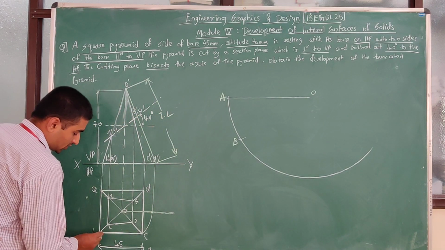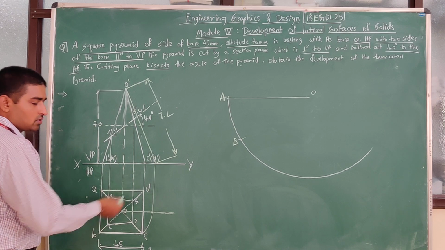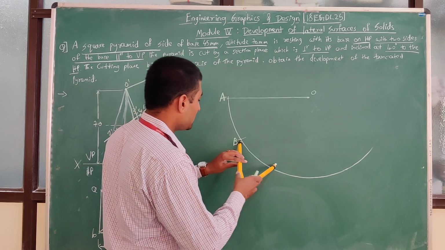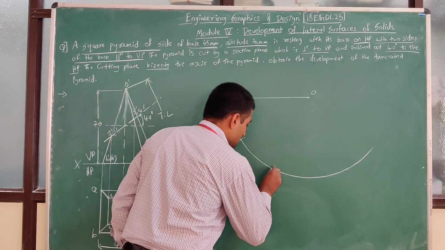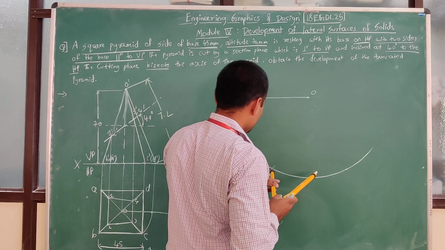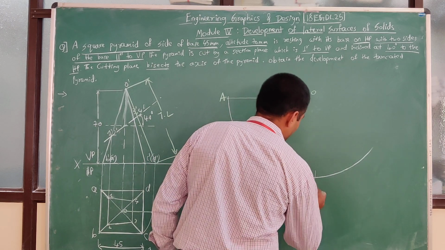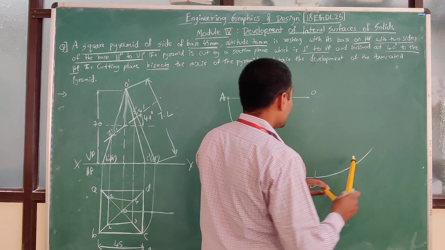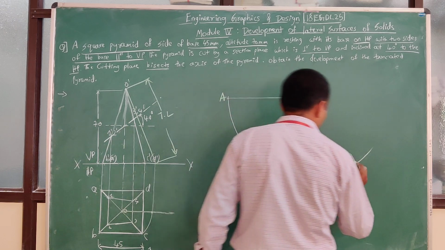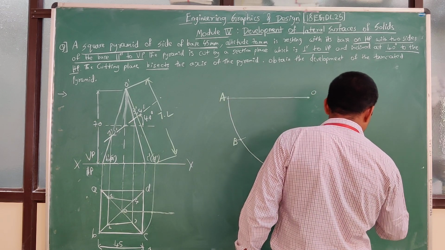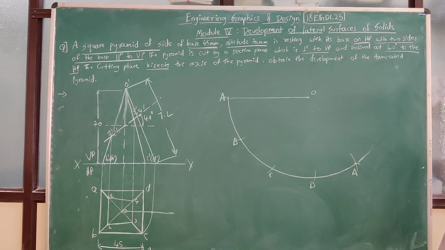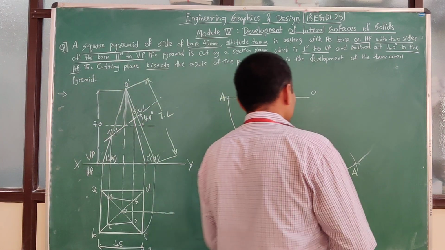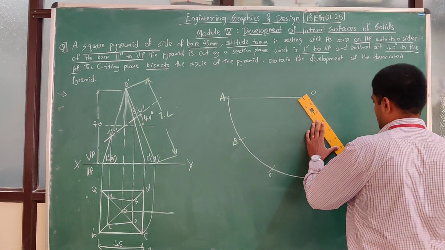In the same manner, what is the distance from B to C? Is it 45? Of course, because it is a square pyramid, and hence you are going to cut all the edges with the same length and make the development. So let us say this point is C, this point is B, and always, just like in the prism problems, here also in the pyramid you make the last point and the first point join with each other. So the most important part of the development is over. Now we are going to join them with a light line.